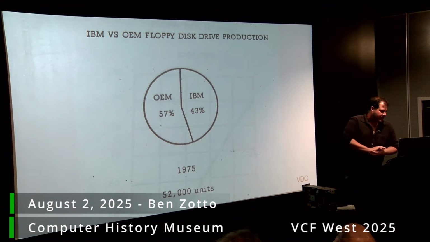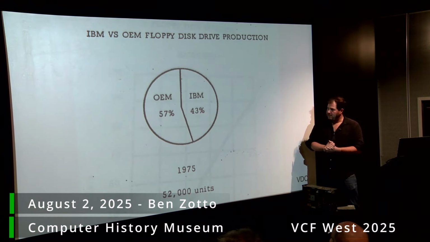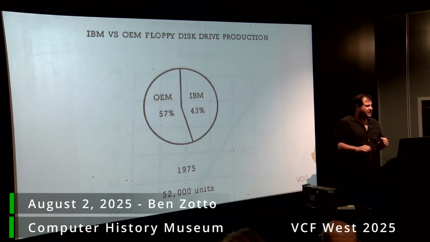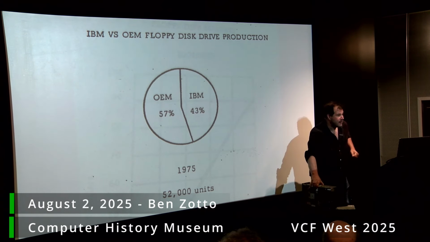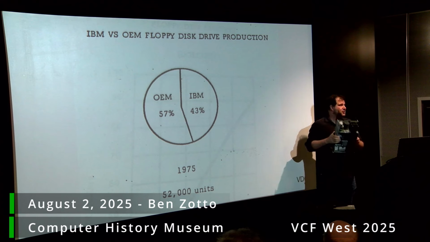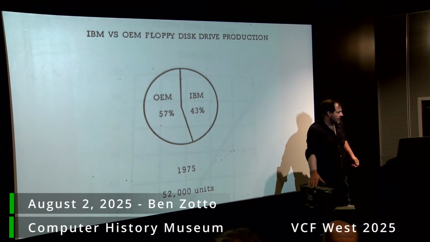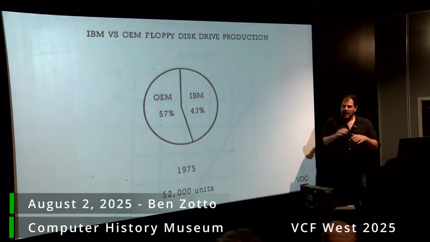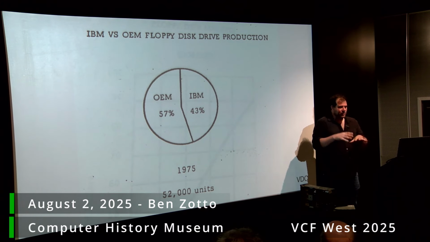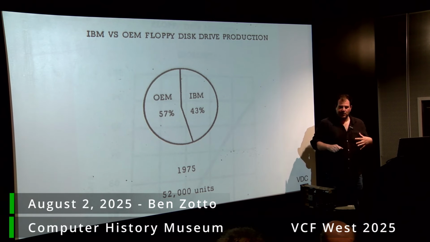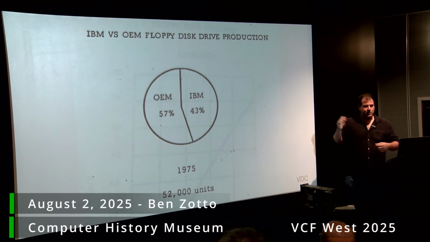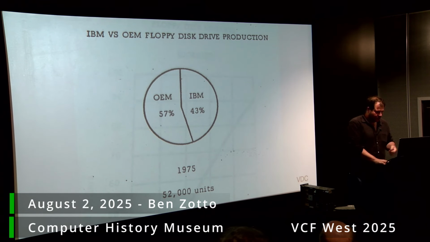and they eventually started soaking up market share. In 1975, about 50,000 disk drives, that's these things, by all manufacturers were sold. These numbers are tiny compared to modern computer numbers, right? But IBM had almost half the market, and IBM, of course, would only sell to IBM customers. They weren't building OEM drives for other people. So we had these OEM drives. Shugart was one of them, and Memorex was one. There were others that were also out there selling drives.